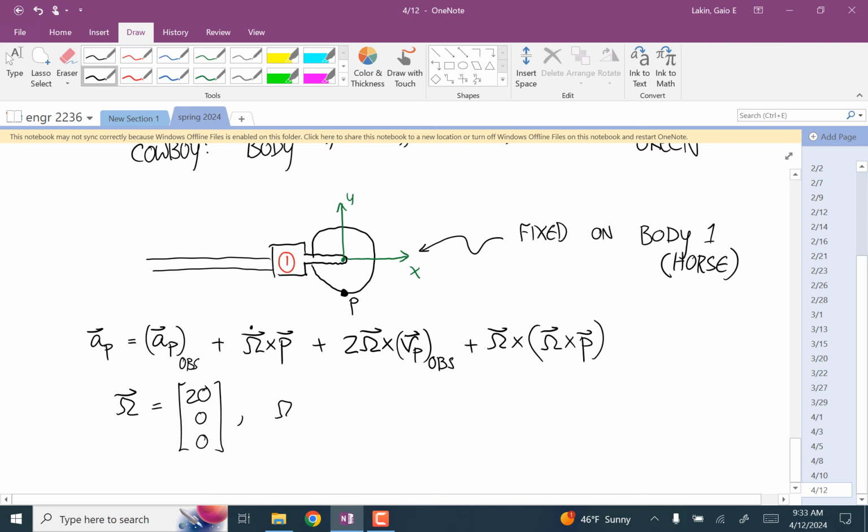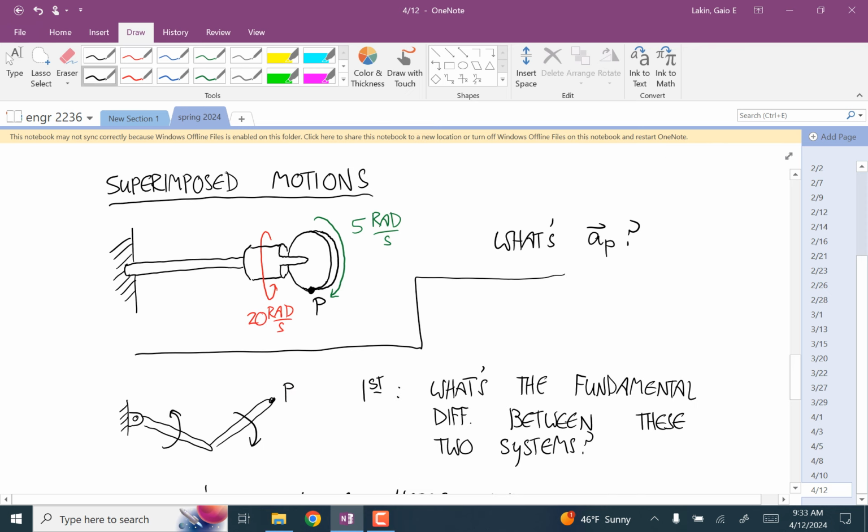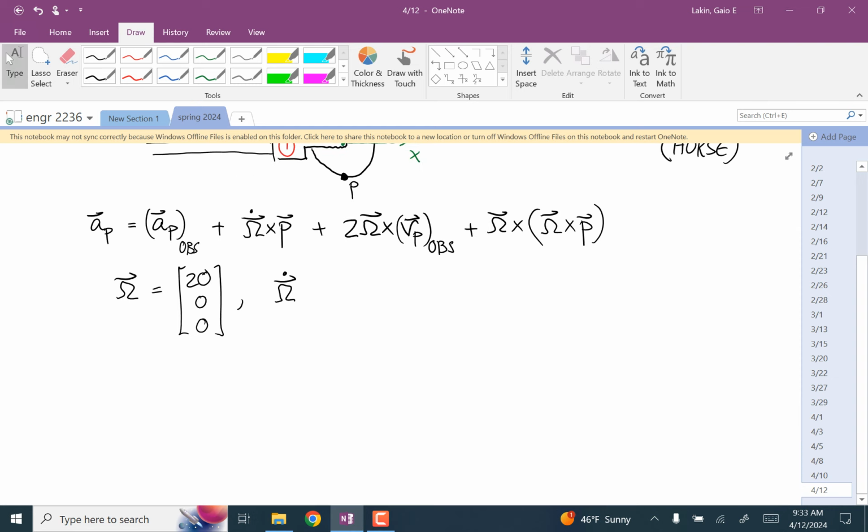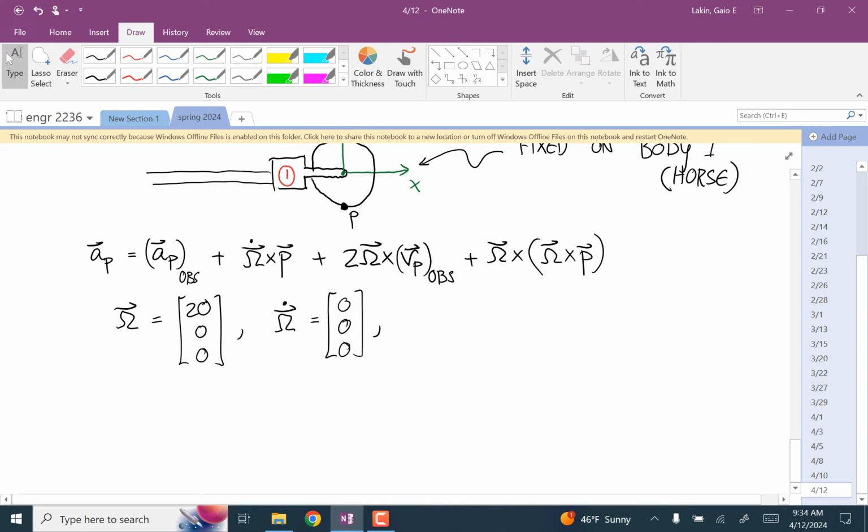We also need omega dot. Is that changing? I didn't say anything about that, so no, we're assuming that's constant. So this is 0. Okay, now we need the position vector, the velocity vector observed, and the acceleration observed. Okay, the position vector,